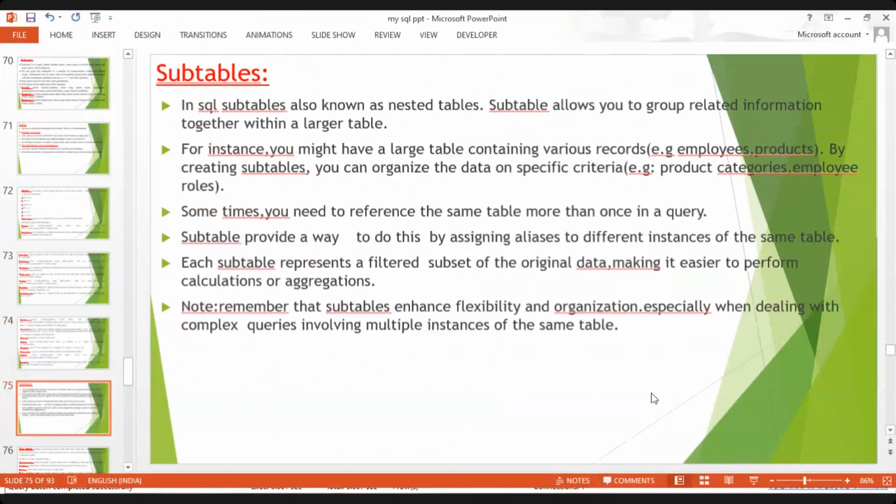So what is the subtable? The table is inside another table. That is called a subtable. In SQL, a subtable is also known as a nested table, and the subtable allows you to group related information together within a larger table. In the previous class, we have discussed that